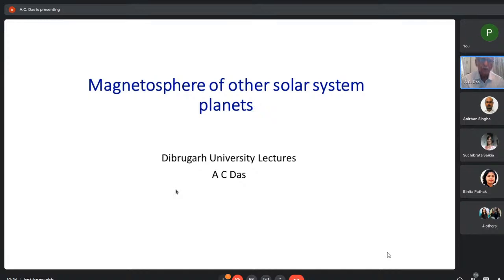and that is, although on the screen you see the magnetosphere of other solar system planets, before that I will say a few words on the radial diffusion again, because we said that whenever there are disturbances, then our adiabatic invariance gets changed. So it goes to adiabatic and non-adiabatic, and we have shown how the particles can get diffused into different regions. At least the slot region becomes populated with a lot of electrons from the